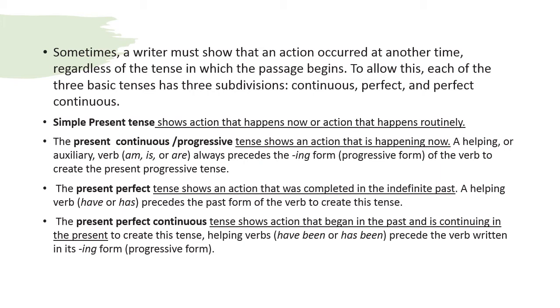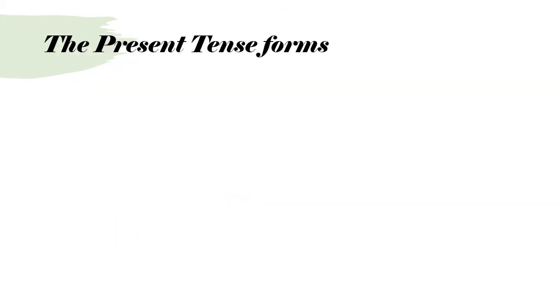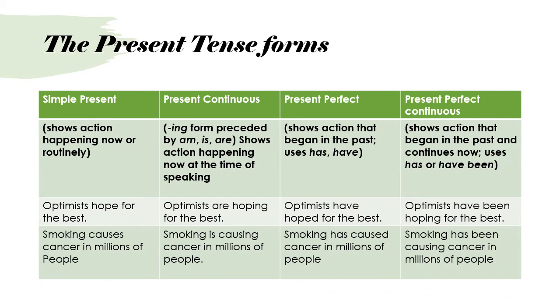And then the verb is always preceded by have been or has been, and because it's continuous tense, we use the ing form of the verb. So let's look closely at what the present tense forms are. As it has been observed, the present tense has four forms: simple present, present continuous, present perfect and present